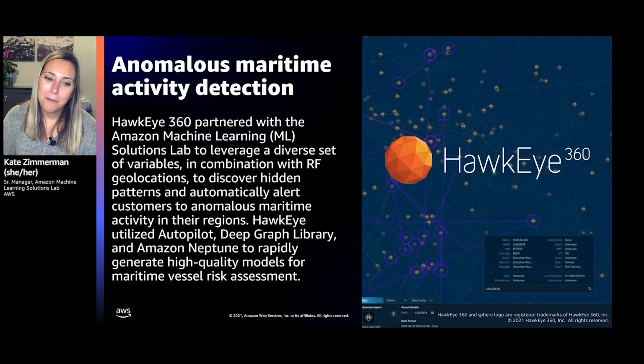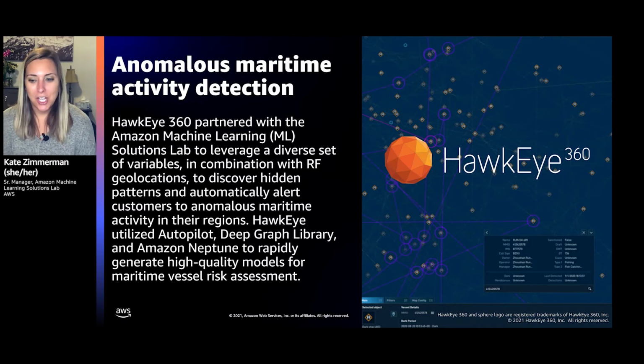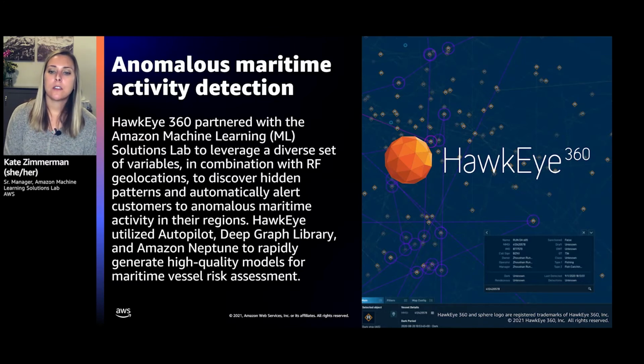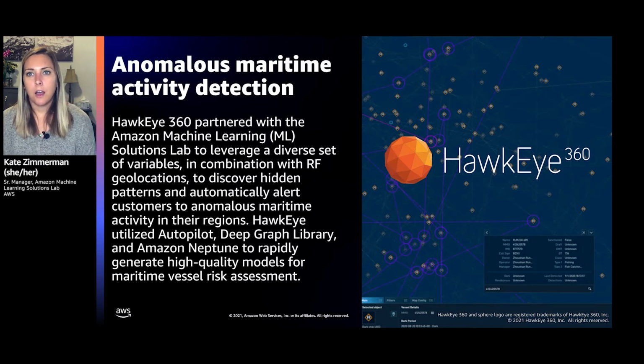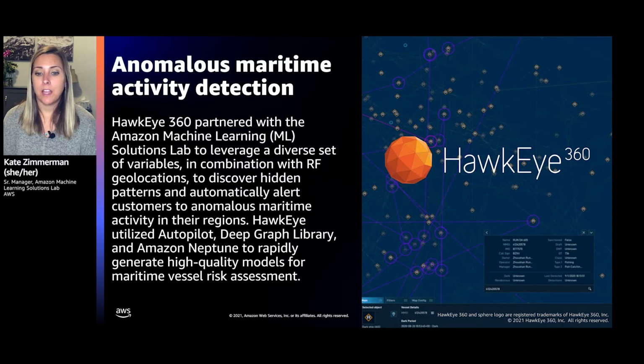So the first one I want to talk about, I'll admit I'm a little biased towards because I work in the Amazon Machine Learning Solutions Lab, and this is a project that we actually did. And there are blog posts on this that I recommend you check out. We have 2 blogs, one on the Autopilot solution and one on another technique that we used that relied on Deep Graph Library. But to give you an idea about this particular use case, Hawkeye 360 had a bunch of information about different shipping vessels. So these are boats or ships in the ocean that might have goods on them that are moving between different countries. And each of these ships has to transmit its location.